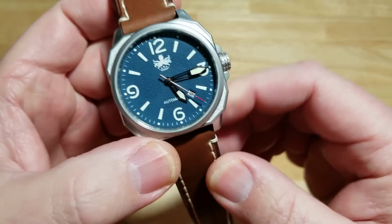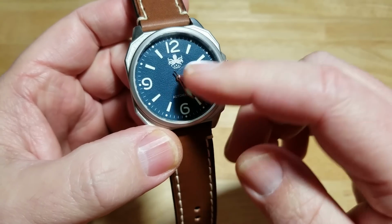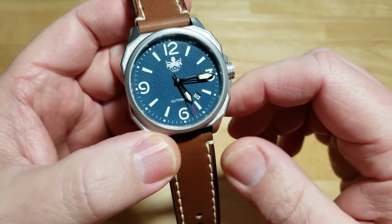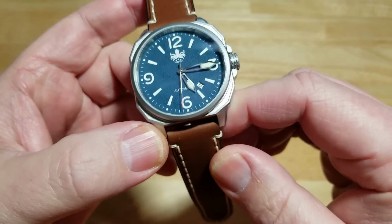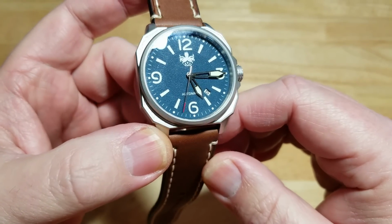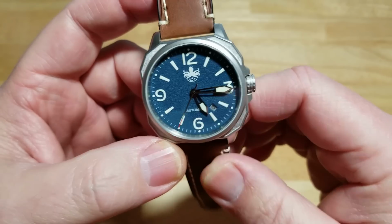Love the dial on this thing, and I love that it's not a cobalt blue. I don't even know what you would call that type of blue. Let me know what you think that type of blue is called. Gosh, I really don't know what that color is, but I like it. Anyway, here's the